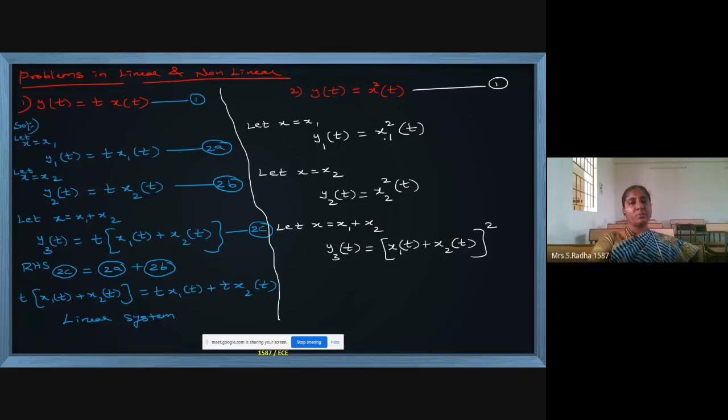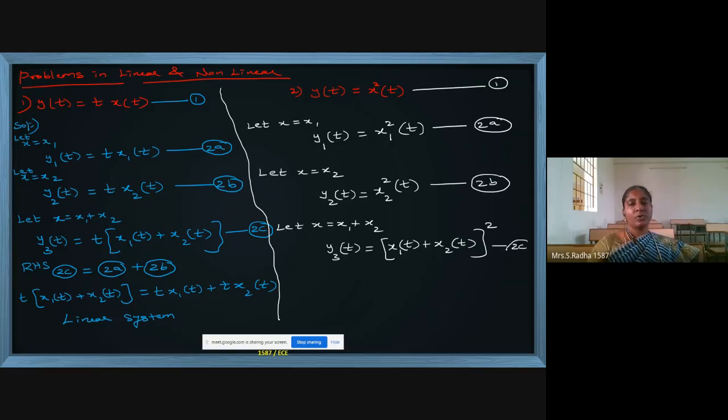I told you, simply x of t or x is one and the same. X of t gives the meaning that x is a function of t, that's all. If you don't write of t, that is also correct. Only the x variable we are bothered about. And the square is present after substituting x1 plus x2 in the place of x, so you have to put the square for the entire thing. So this is the first equation, this is the second equation, case 2, this is case 3.